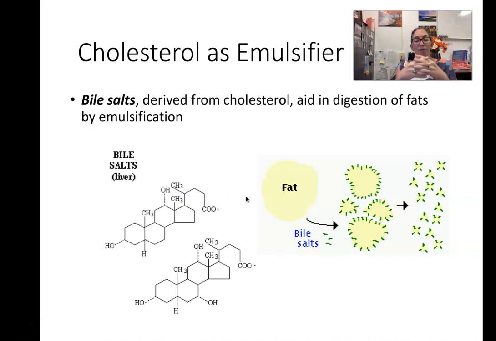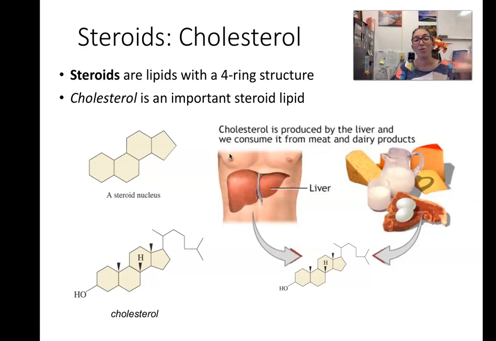It would not dissolve well in the aqueous solution that is our stomach acid. And so what bile does, the liver makes bile and it stores it in the gallbladder. The gallbladder squirts it into the small intestine after we eat something fatty, and it helps to break up those fat globs into smaller fat droplets. And then it's just easier for enzymes to get in there and to actually chemically break down the fats. So bile is an emulsifier. It breaks the fat up into smaller droplets and allows it to dissolve somewhat into the aqueous solution of our